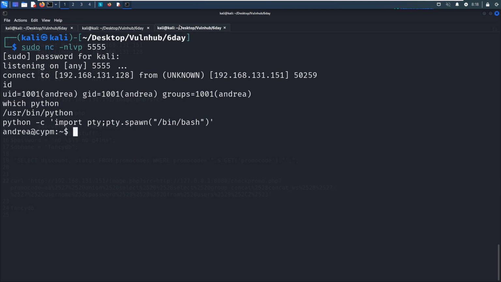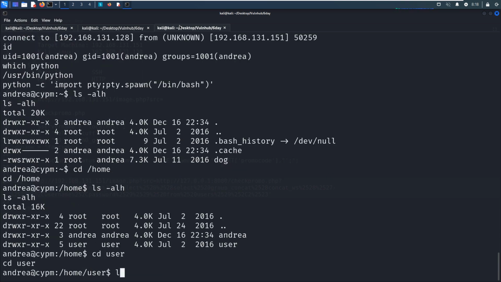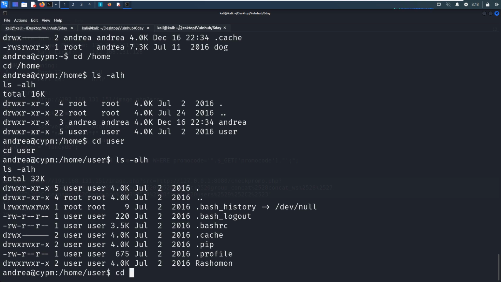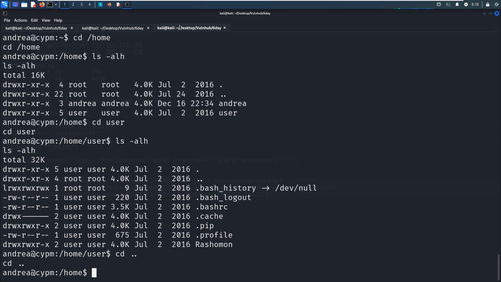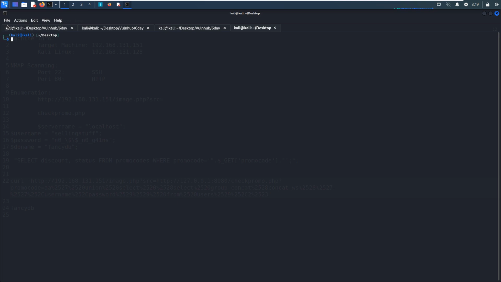Okay, now it's better, and we can go to home, go to user, nothing here. So next we can check the kernel. This is a bit of an old kernel. So next we can try to utilize a kernel exploit to elevate privilege.